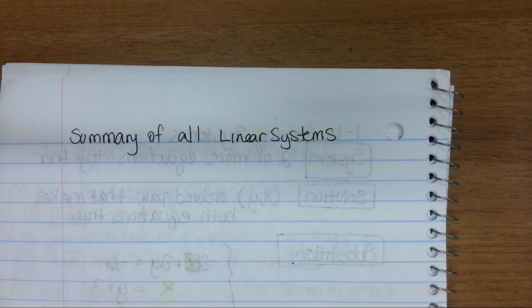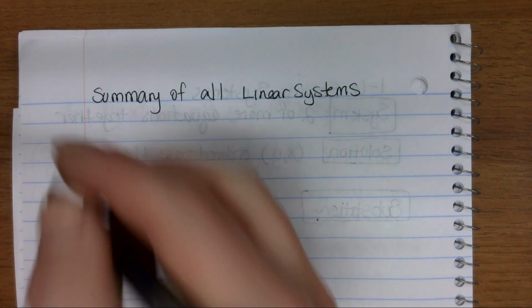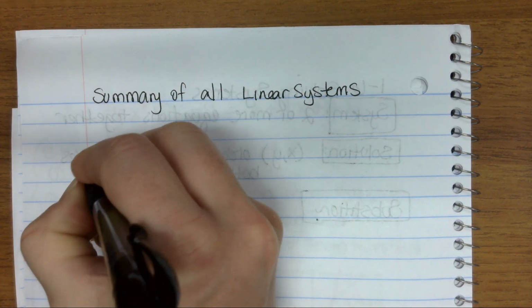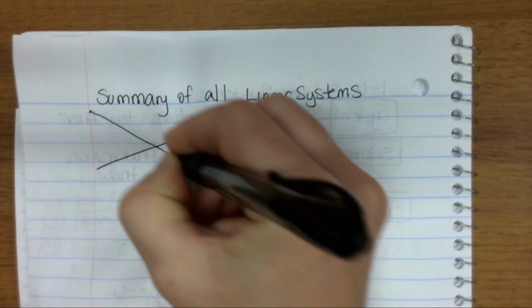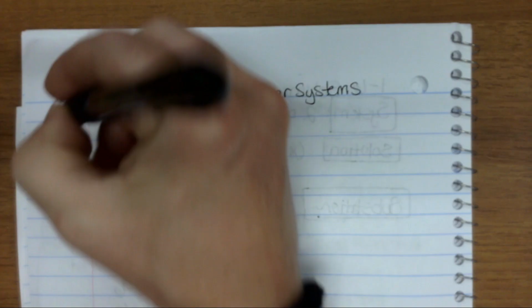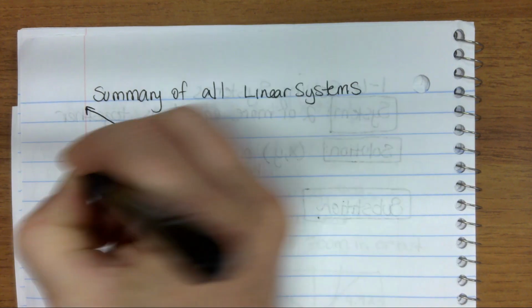I would like to talk to you for a little bit today about just a little summary of all linear systems. What we're going to do is draw a picture of the three cases that would happen with two lines, and then what happens in their equations. So it's possible that when I have two lines, those lines would intersect. And so if I had two lines and they intersect,